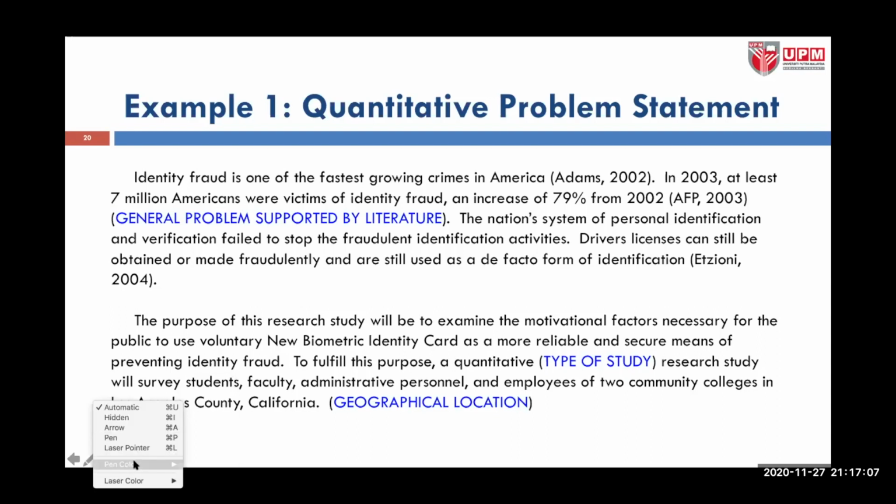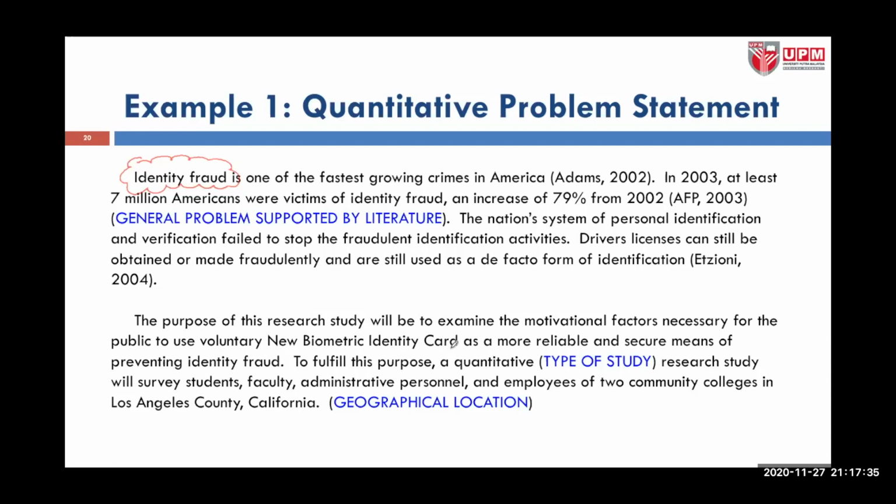Okay, maybe I use this case. So the issue here is identity fraud. Okay, and then the purpose of the research study will be to examine the motivational factors necessary for the public to use a voluntary new biometric identity card as a more reliable and secure means